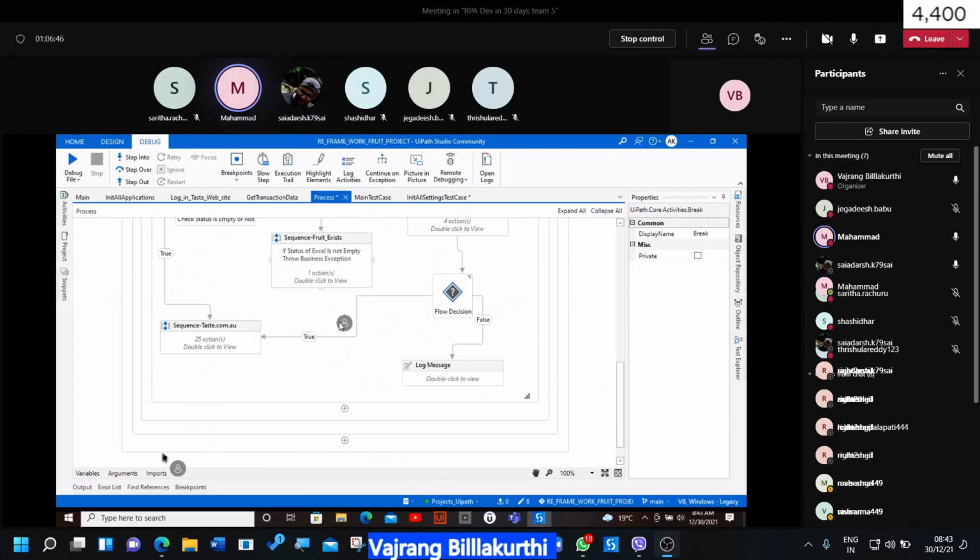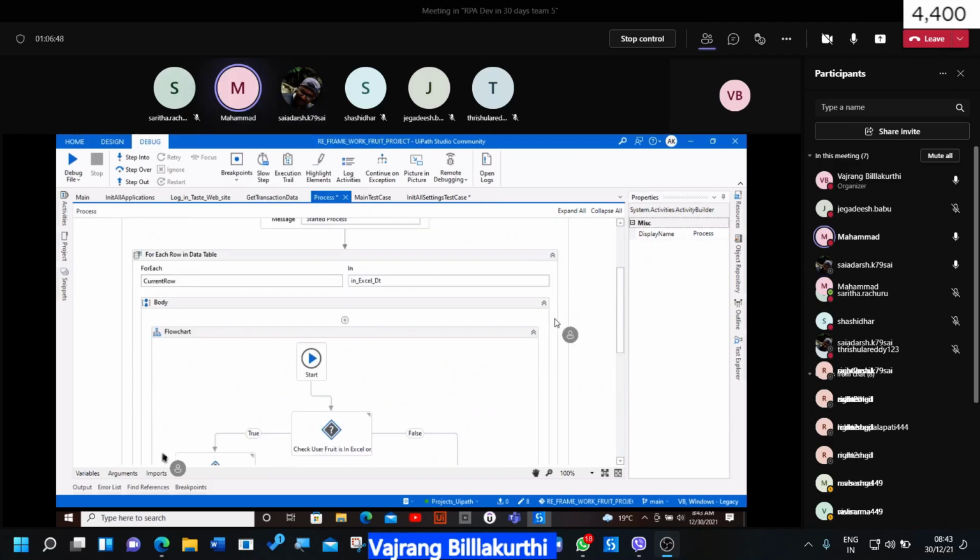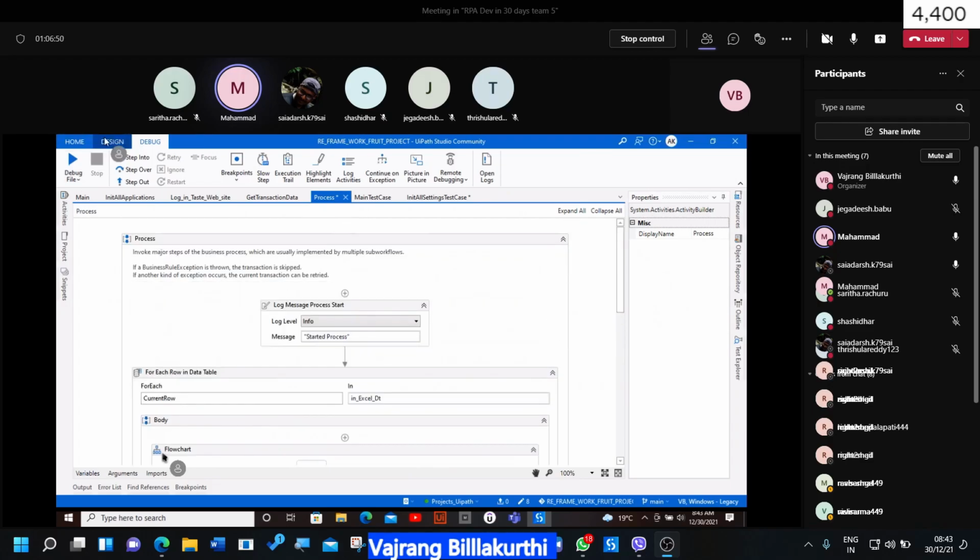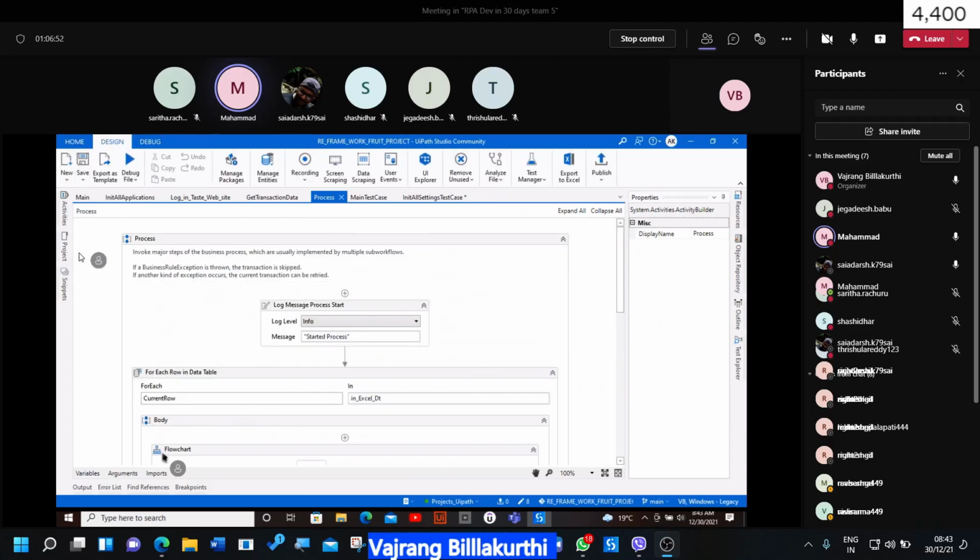So selectors are not working. The particular selector is selecting all the template content. How do I proceed further? We can use get full text, but that is also a selector only. Yes, but you can also use get screen text or get OCR text.